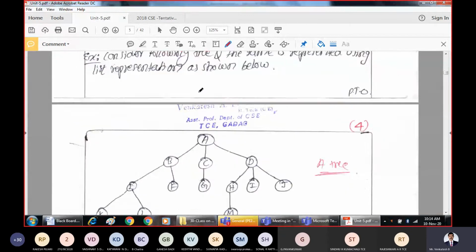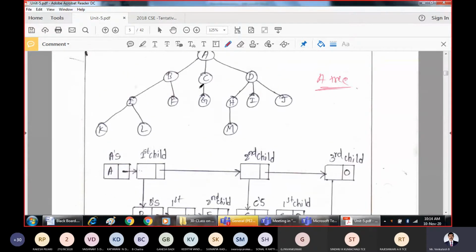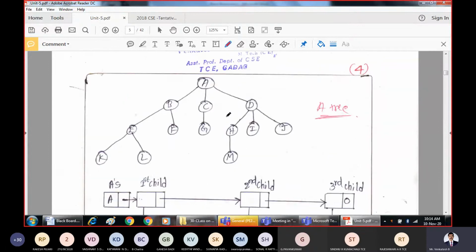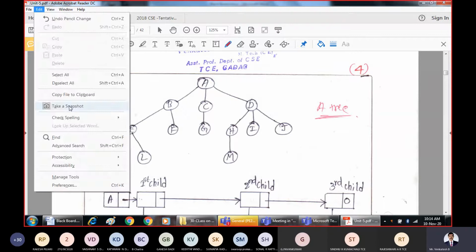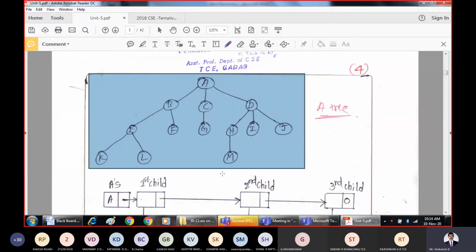It will be specifically clear when I take this example. Using linked list, using node representation we have to write. So what I will do, I will take this tree, then I will take a separate diagram for this.